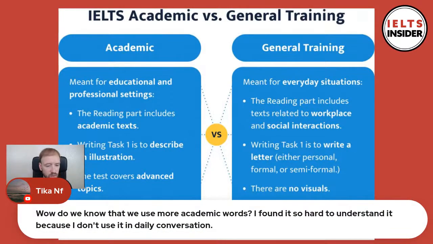Wow. Do we know that we use more academic words? I found it so hard to understand because I don't use it in daily conversation. Yes. Vocabulary, a strong vocabulary is necessary. You need to know more academic words for the academic IELTS. Of course, you have to be at a high level for academic IELTS,